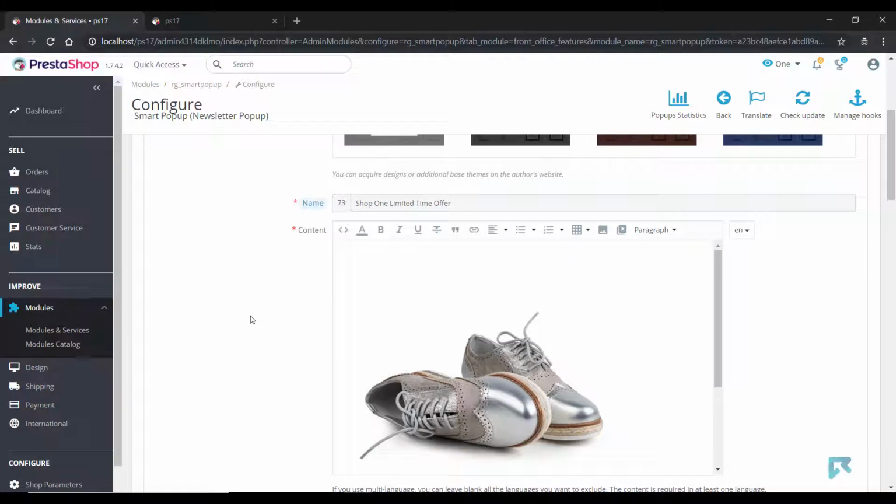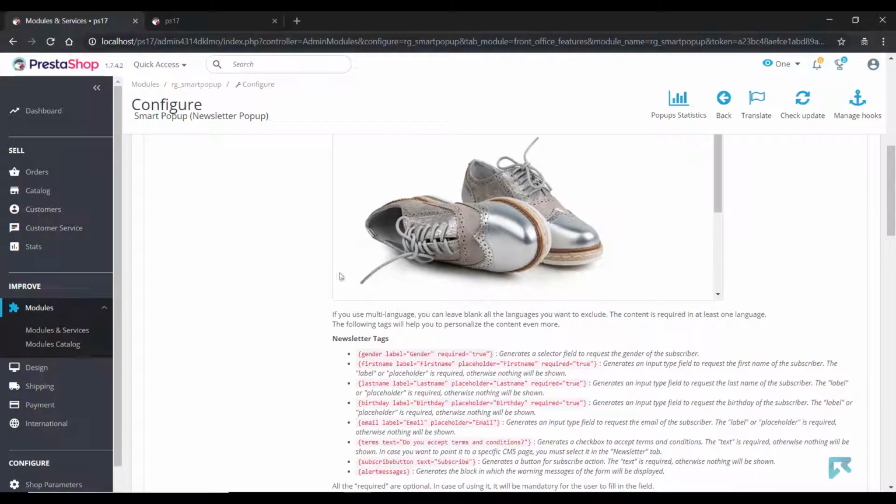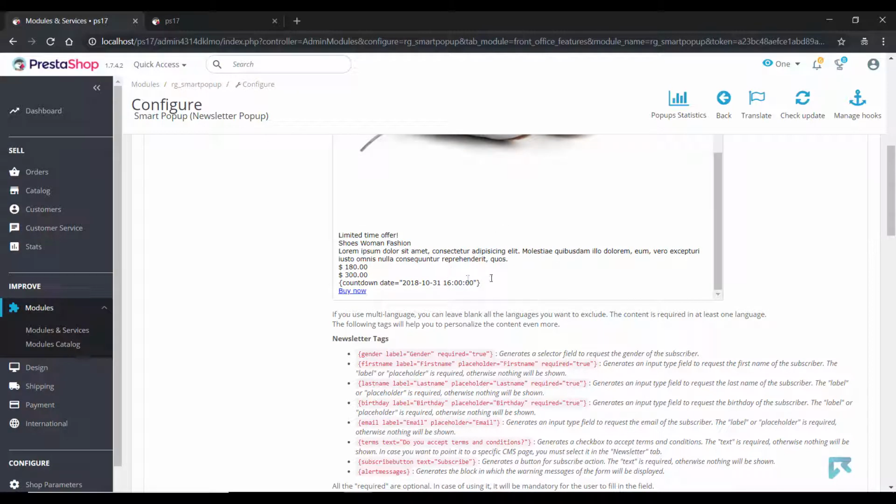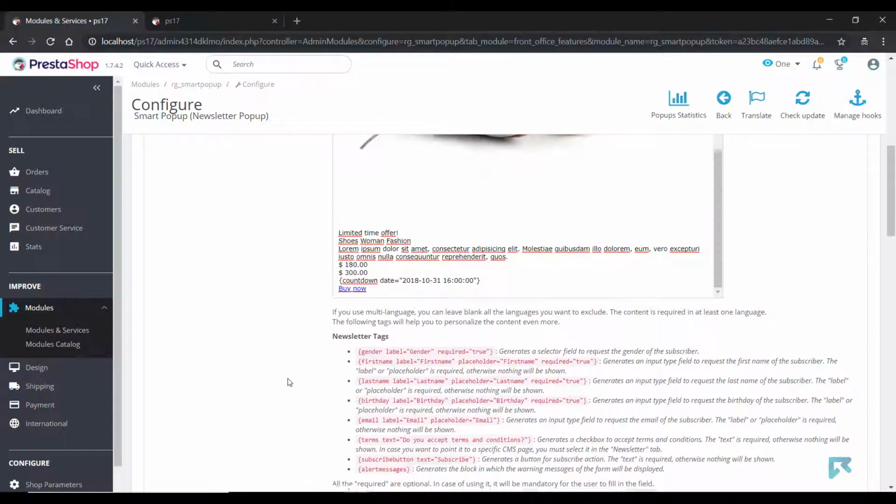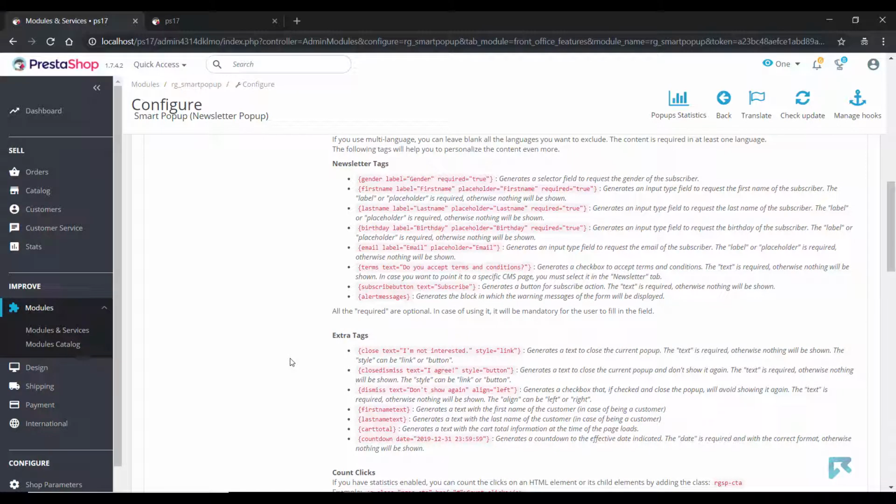This theme is designed to choose a product to be displayed with a countdown timer. Same as any other pop-up, you can customize it with the available tags.